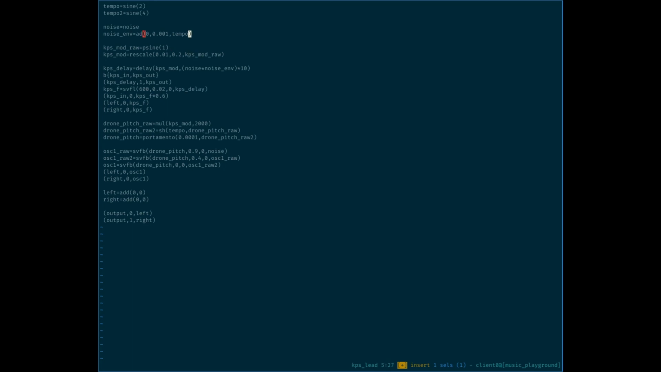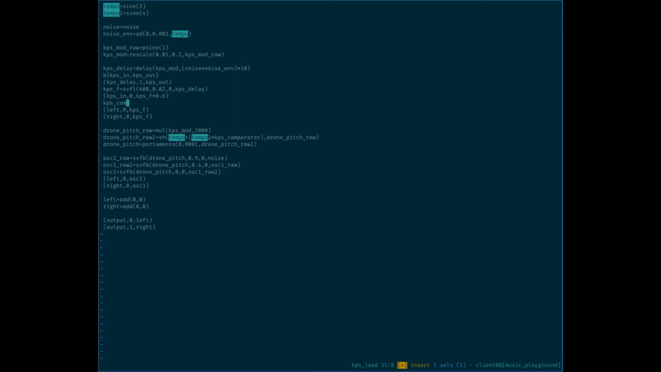When I drive this, is it the only place I'm actually referencing tempo? Oh, no, there it is. Okay. So when I do this, I'm going to say it is tempo plus tempo 2 times a thing that doesn't exist yet. And this is going to be my KPS comparator. I actually don't know if I remember how to spell that. Okay, KPS comparator is a comparator. I'm pretty sure that's what I call the node. Between